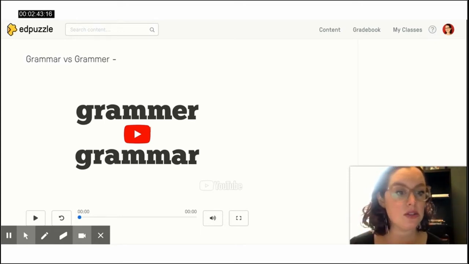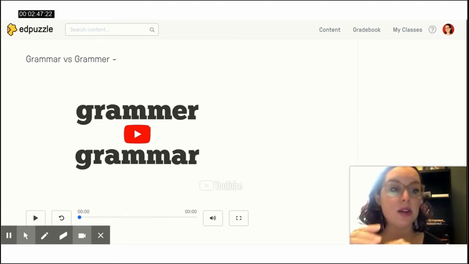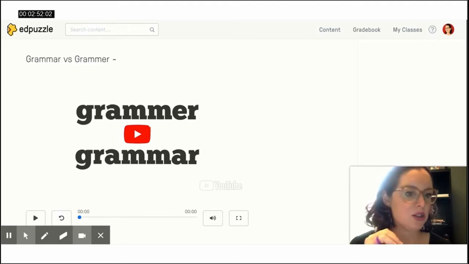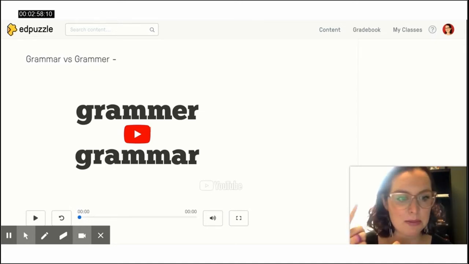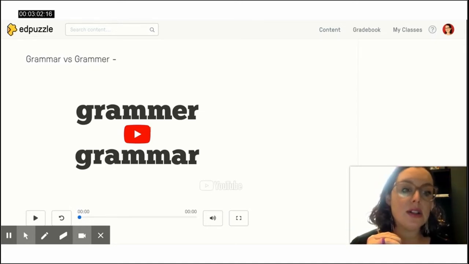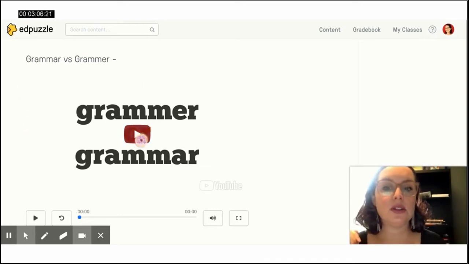And it forces them to answer the question before they can move on to the next section. Now the students can go back and rewatch if they have a question, but they can't just skip through and answer all the questions in advance without watching. Additionally, they can't click away and go to another website and just let it play in the background. Edpuzzle knows that they've done that and will pause the video until they're actually watching it, which I think is really nice.